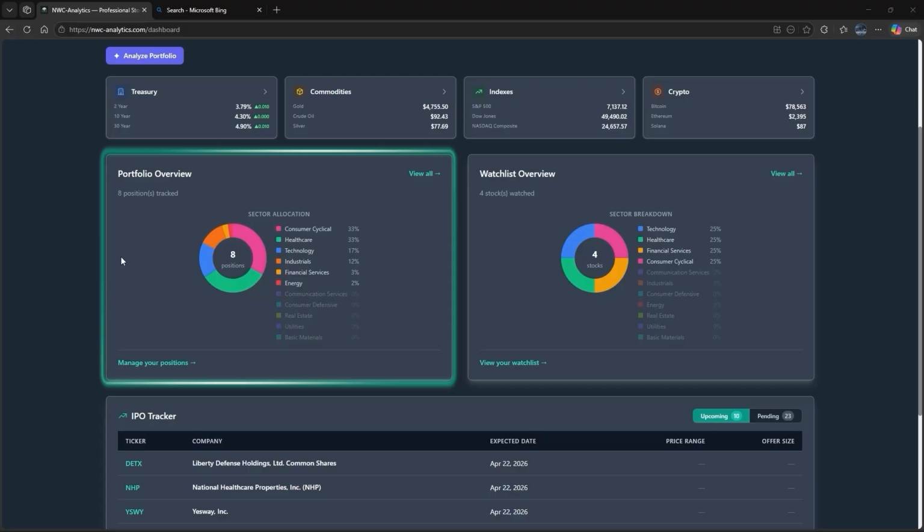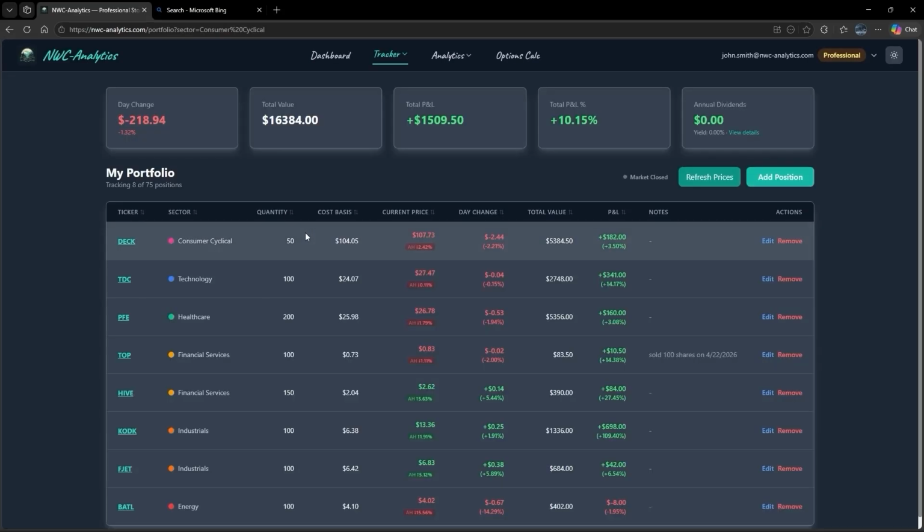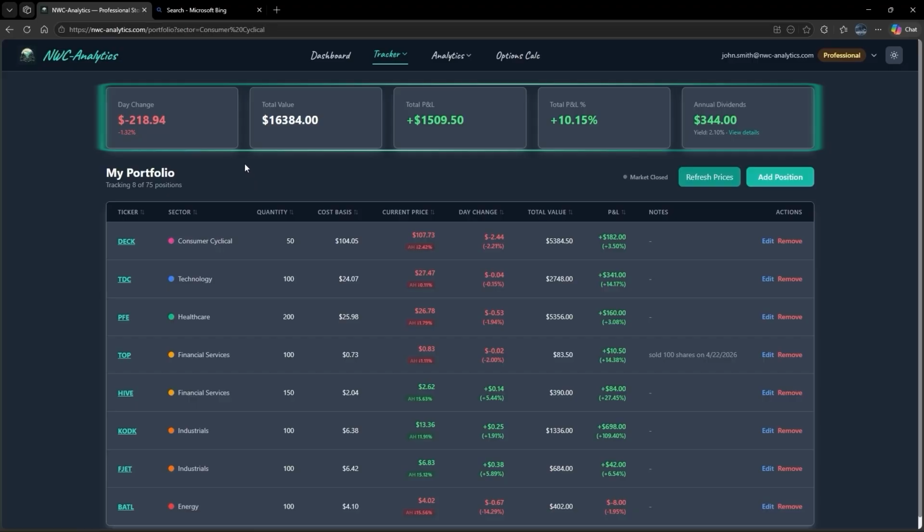Now, as I mentioned, our overview panel gives us a quick view of what we have in our portfolio. We have our wheel chart, which shows us the sectors we hold positions in, and when we click on a sector, it will take us to our portfolio page and sort by that sector. So we'll start at the top here. These quick view